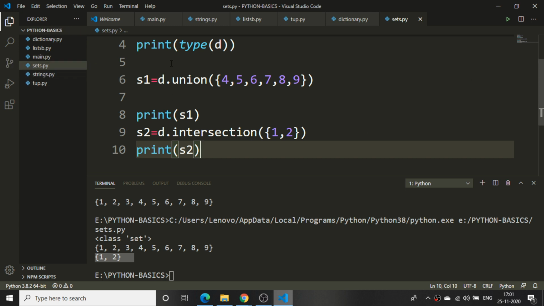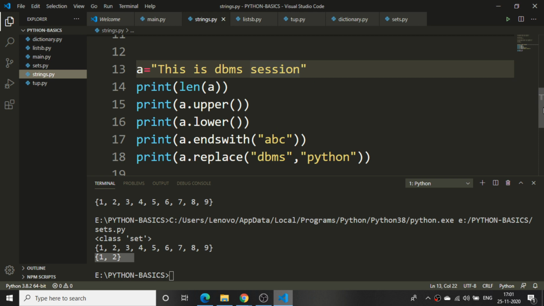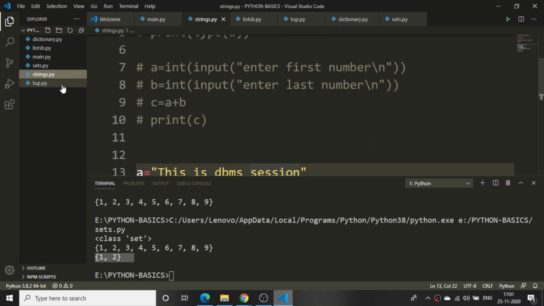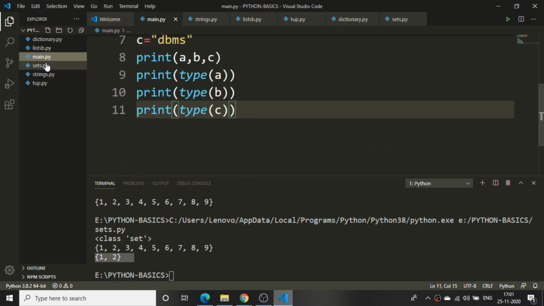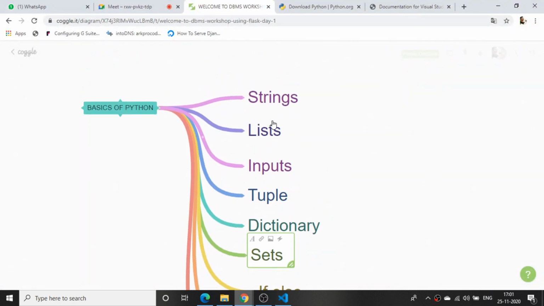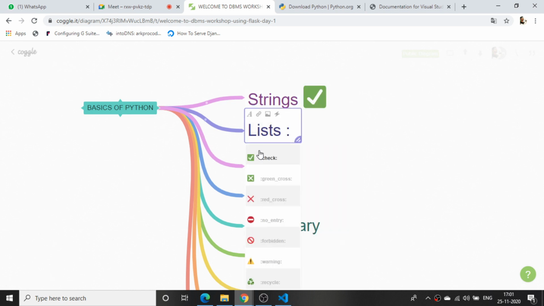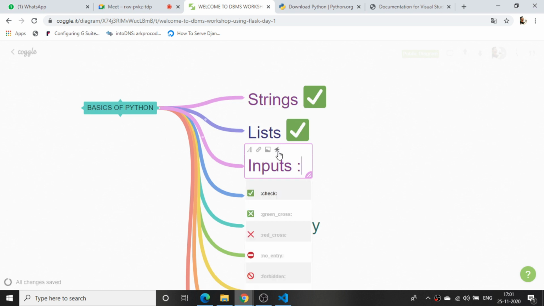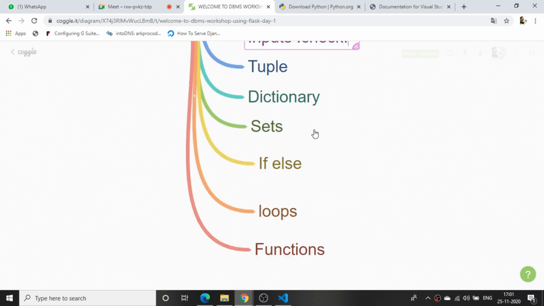So this is a small basics enough for going with Flask. Strings done, tuples done, sets, lists, dictionaries, all the stuff has been completed. Strings has been done, and lists also done, and even the inputs have been completed.